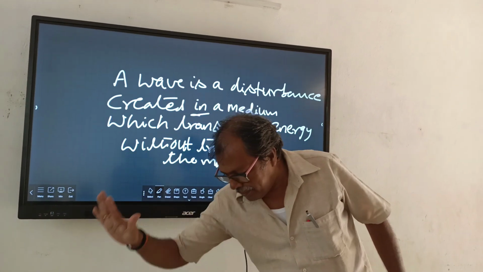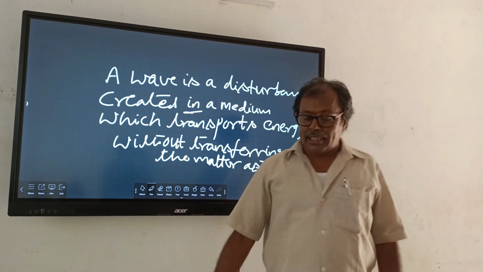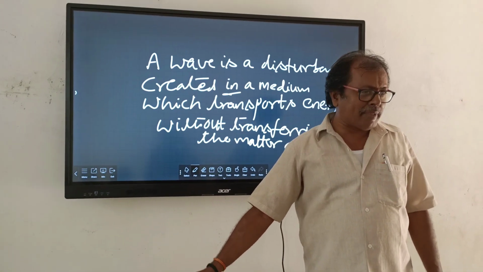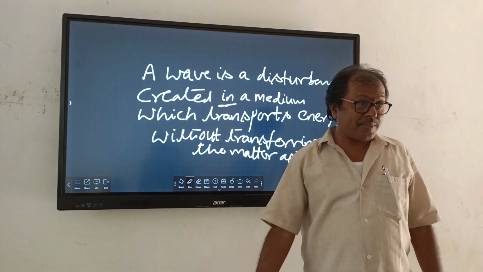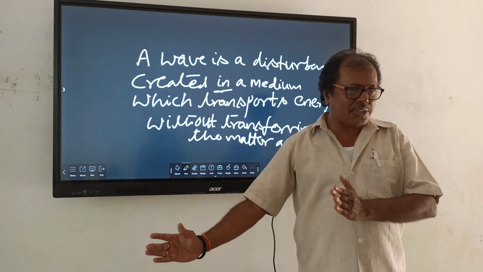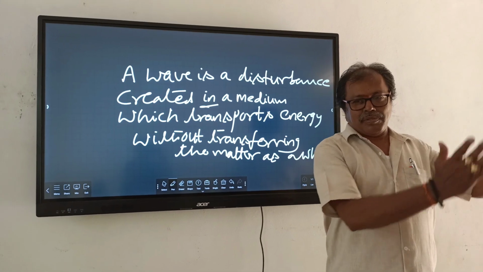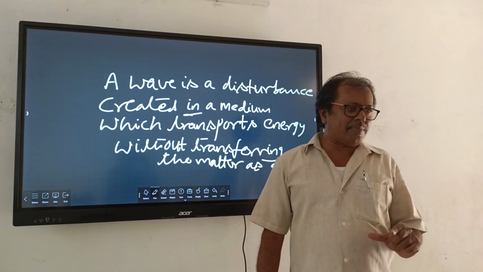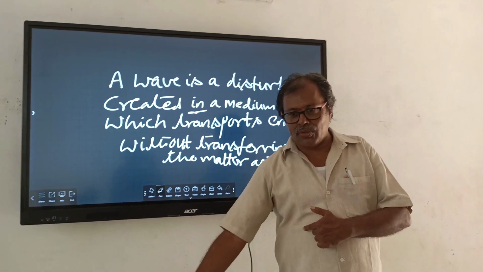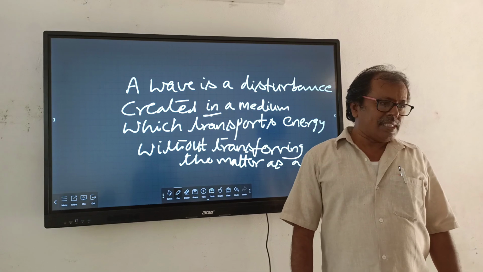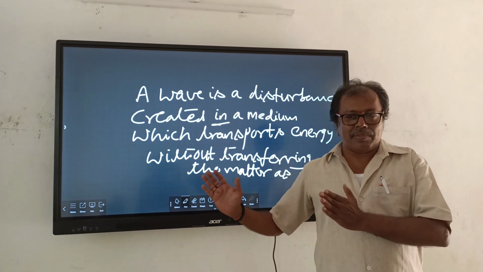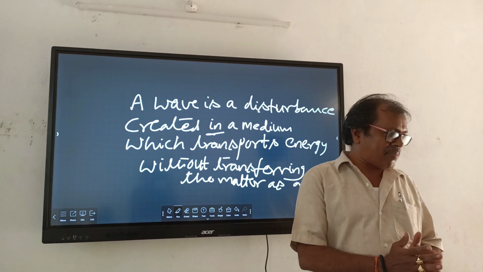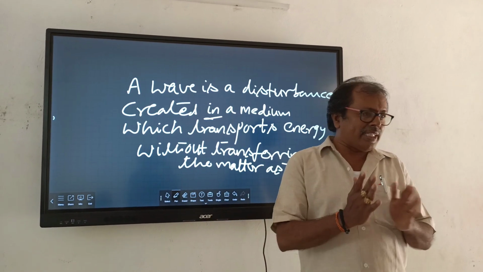Suppose I produce a sound by striking the table. It produces sound because vibrations are produced from the table as soon as I strike the table. The sound produced from this source moves in the form of waves. That means this sound creates a disturbance in the medium, thereby it travels from the source to the human ears. But the sound itself does not move from here to there. What actually moves from here to there is energy only.